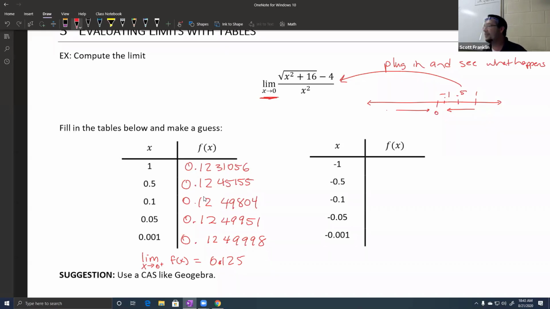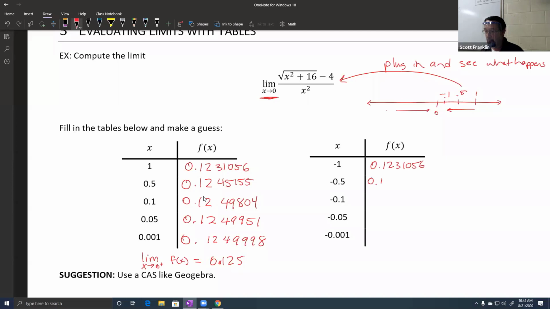So if I come in from the left-hand side, what do I get? If I plugged in -1 into this formula, without even doing it, can you tell what it has to be? It's got to be that, right? Why? If you look at the squares, it's going to just strip off the negative anyways. So you're going to get the same answer,